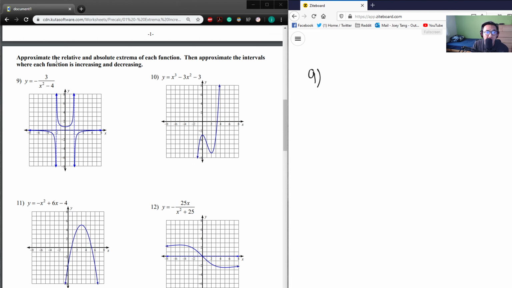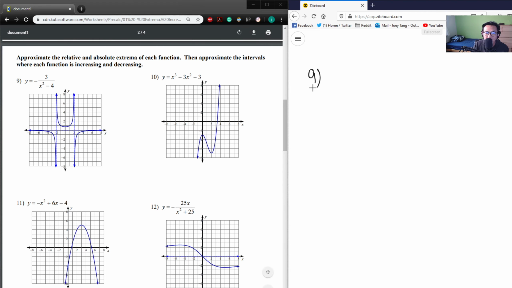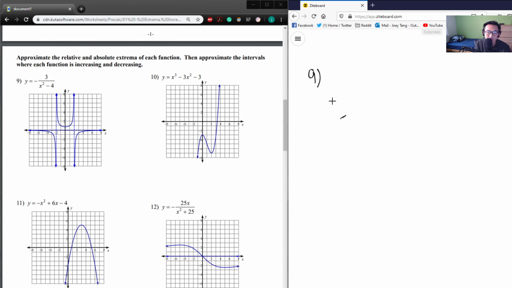But what we're going to do is we're going to approximate the relative absolute extrema. That's what we've been doing before. And then afterwards, we're going to approximate intervals of increase and decrease. So literally what we were doing before. So let's look at this graph. This graph here, we have, let's do our relative maximums and relative minimums first. So in this case,